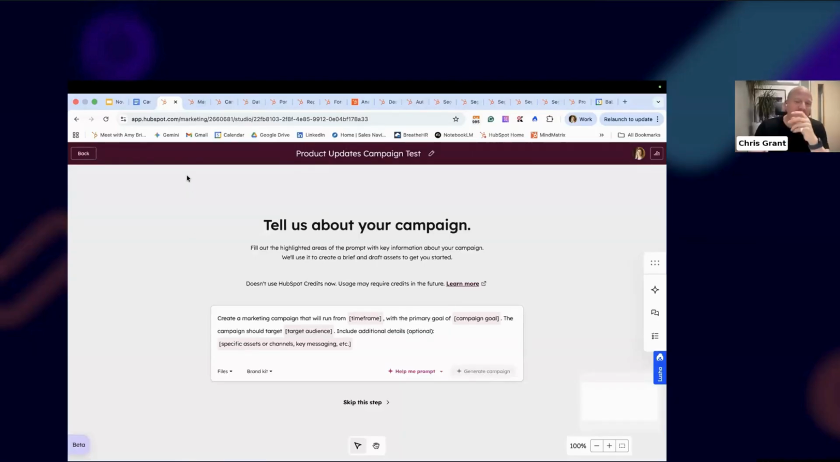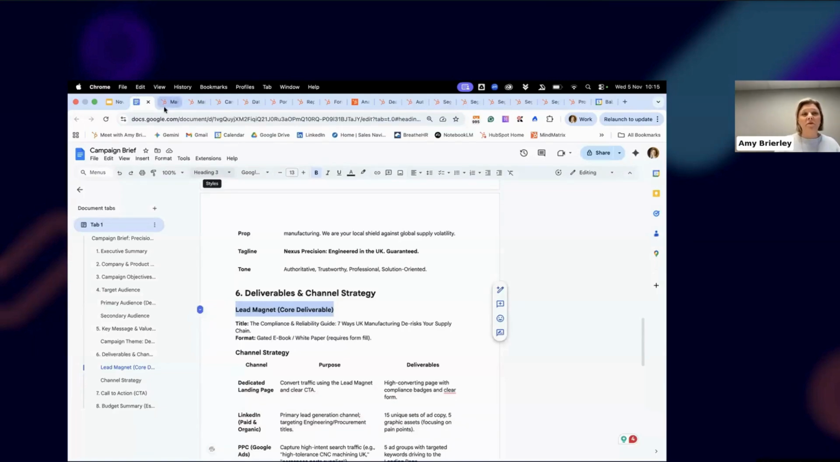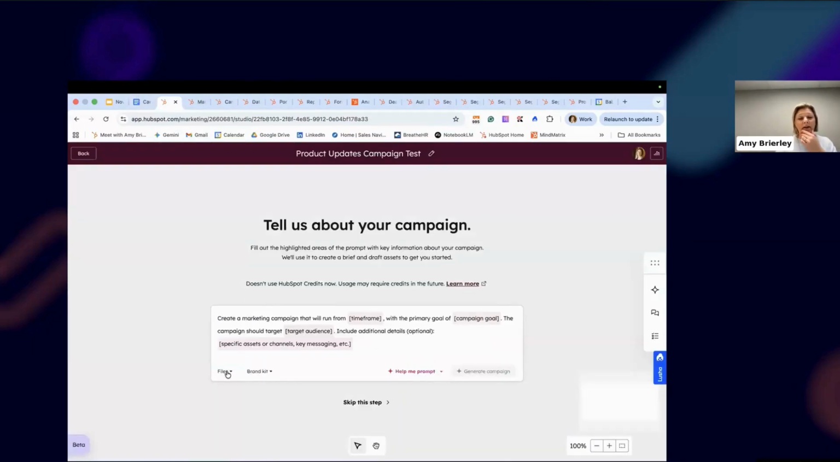We do. But essentially, when you're going to use the canvas, you can start off by creating a new campaign. You're given this guide, or you can skip the step, but you can just fill in these prompts, add files. So, for example, if you have a campaign brief that you want to update, you can upload it to the marketing studio. You can choose your brand kit if you've got brand kit set up in your